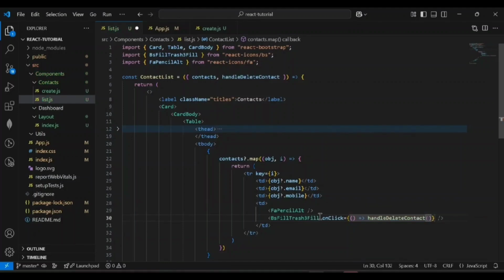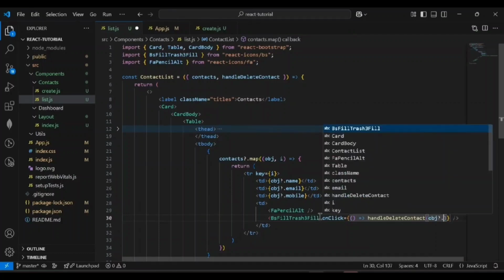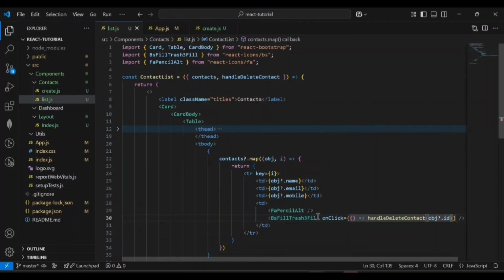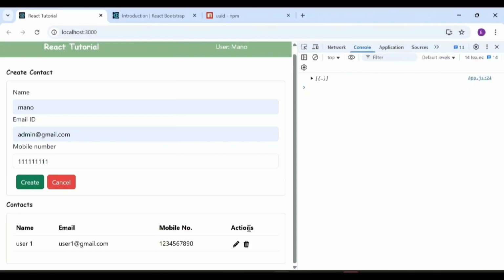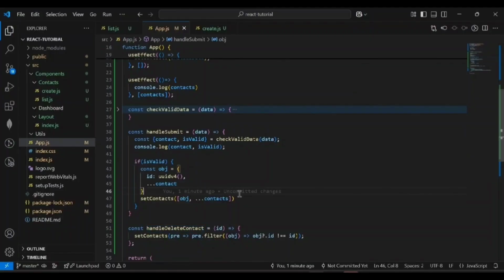and we can pass the ID of the particular record into that function which we generated from the UUID. Now we can go back to the browser and test the delete functionality. Yes, now we are able to delete the record, and we can see the only one record, right? So delete works fine. Now we can start implementing the edit contact feature, so that we can go back to